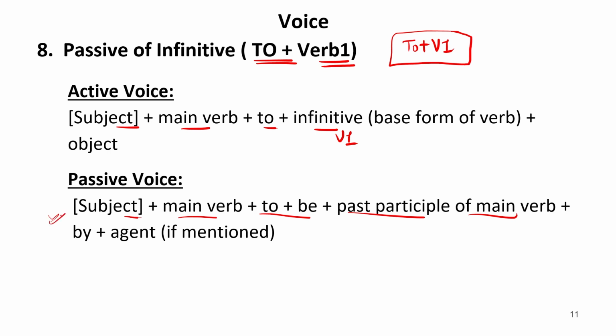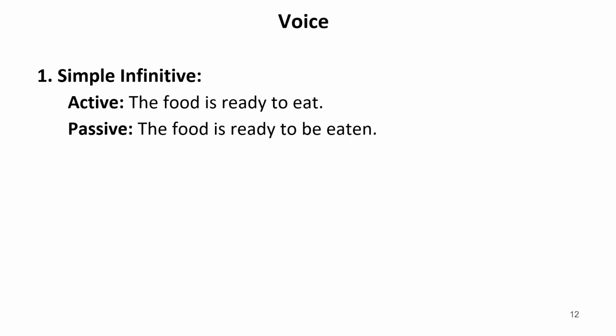Now this we will discuss with the example of a sentence. For example, the sentence is "the food is ready to eat." It means the food is ready for what? To eat. So one action is done for this action. So "is ready to eat." So this part, "to eat," is an infinitive. What we have to simply do,